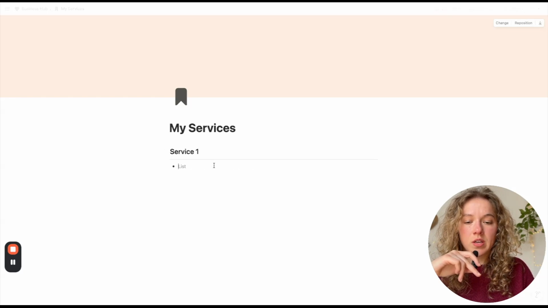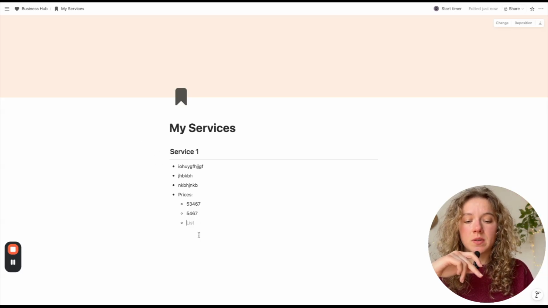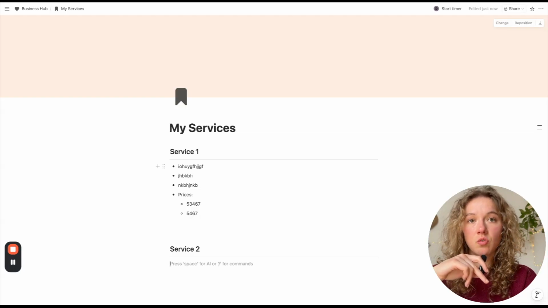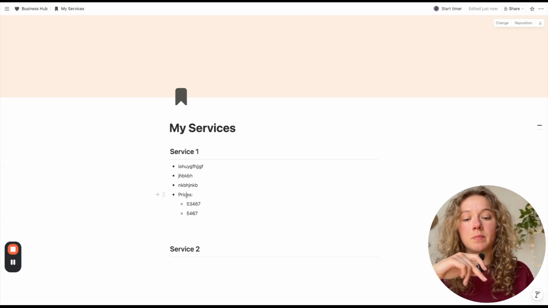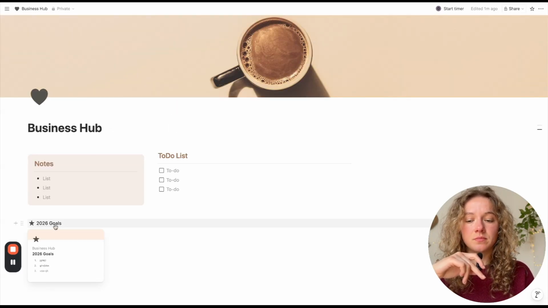And then we go, okay, so this is what they get, for example, and then this is the price. And then you start with option number 1 for the price, option number 2, so you can take all of the notes for all of your services. If you have more than one, you can also copy, and then paste, and then go, okay, service number 1, these are all of the notes: what do they get, the onboarding process, the emails that you're sending to them or the email templates, and this is the pricing. And then you can start taking notes and discussing if you want to change the price or something. And then we make sure that we have all of these sections and all of this information well organized in here,